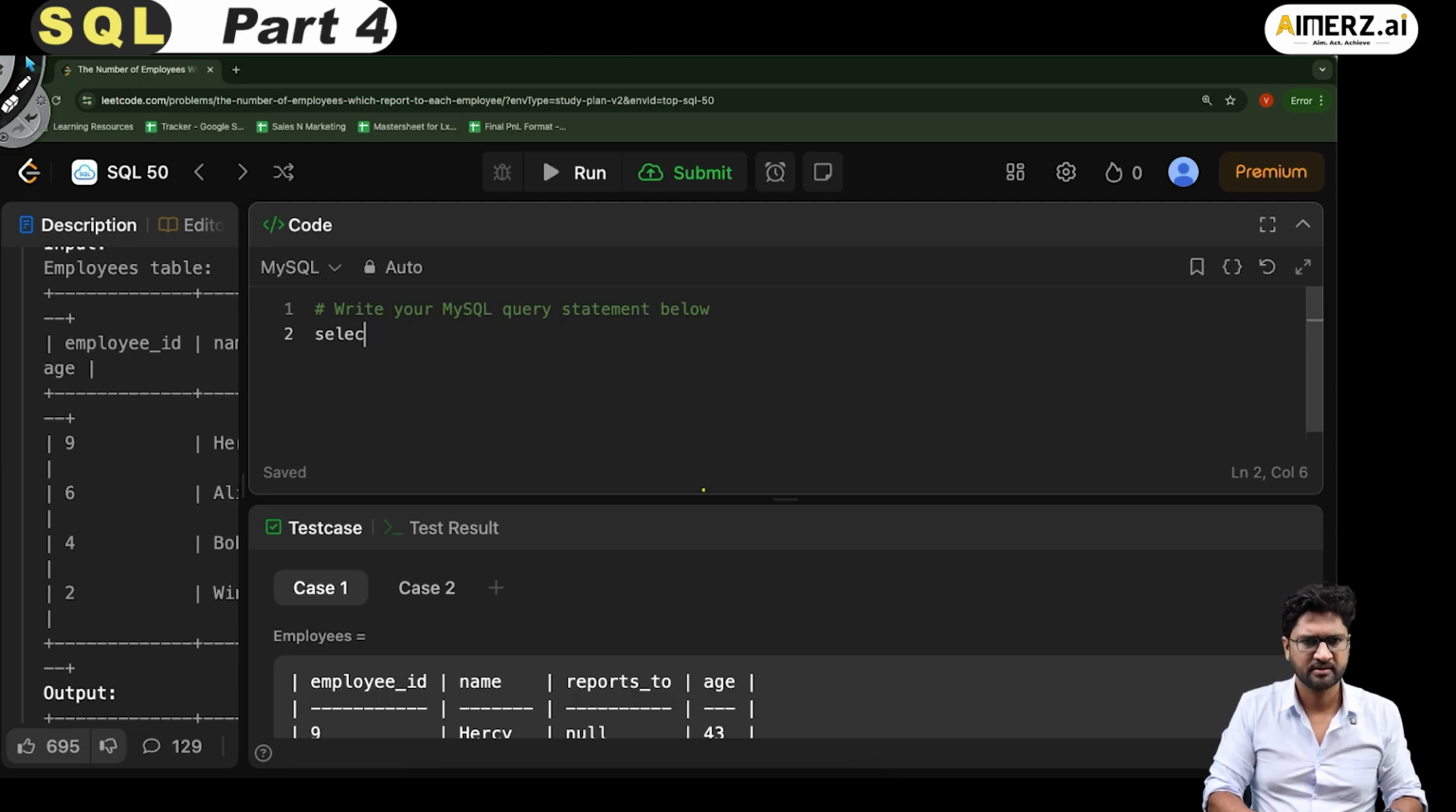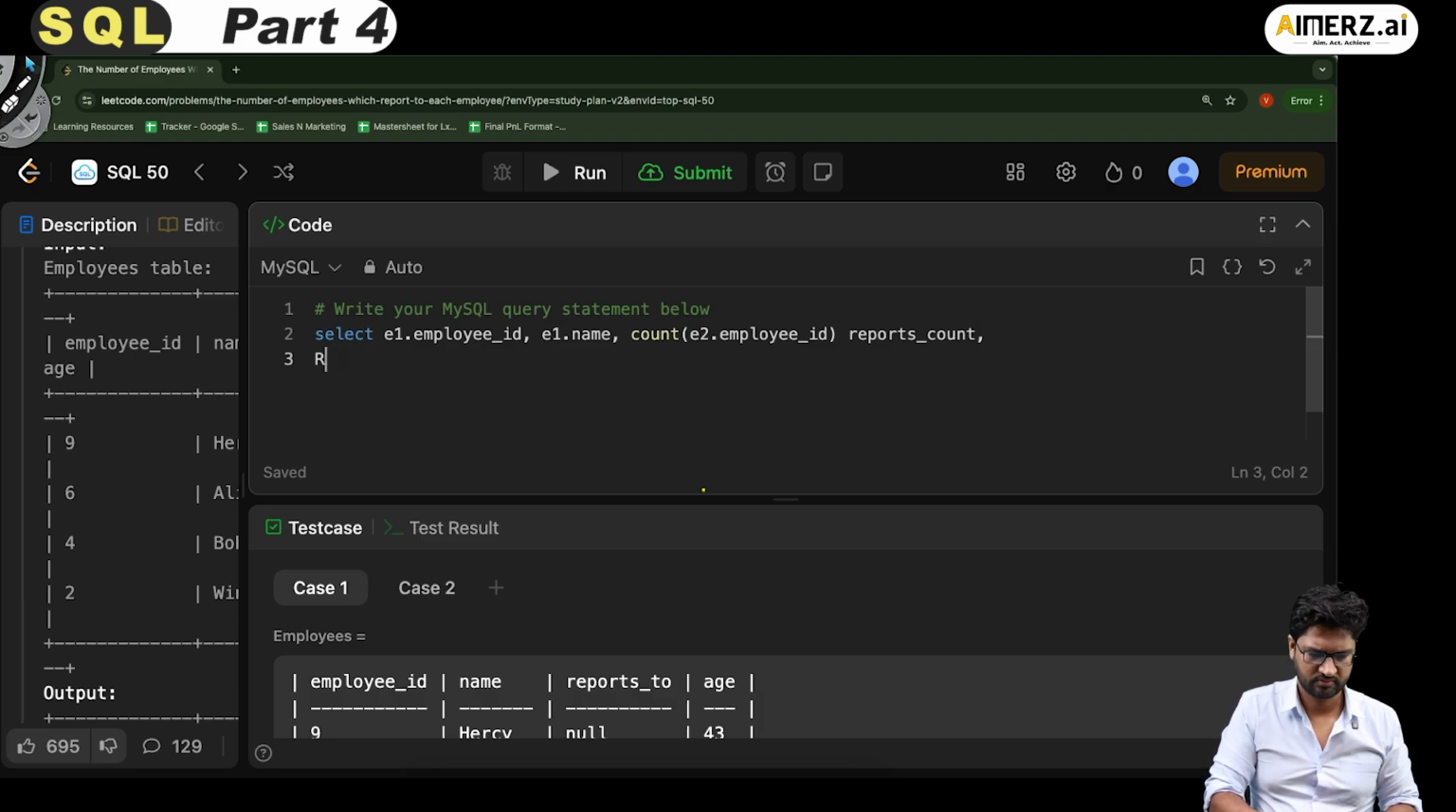Let me go and write select e1.employee_id, e1.name, count(e2.employee_id) as reports_count, followed by round(avg(e2.age)) as average_age, from employee e1,